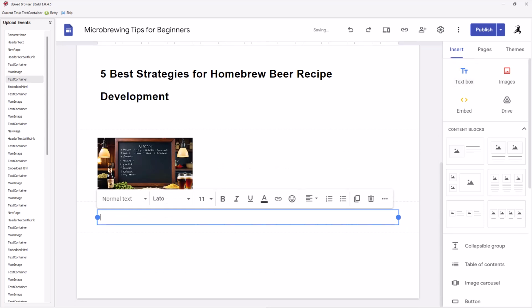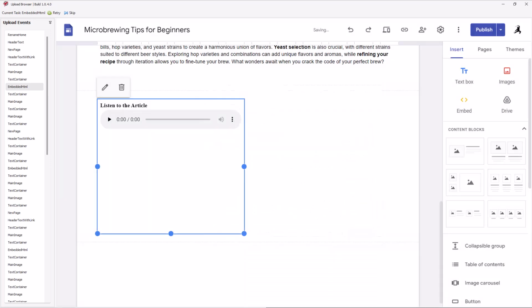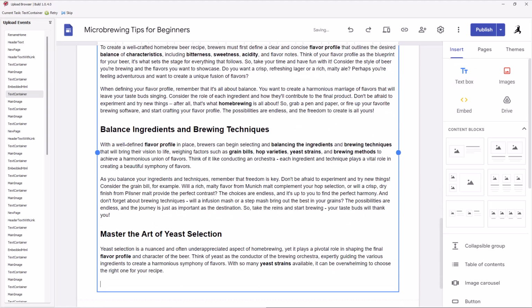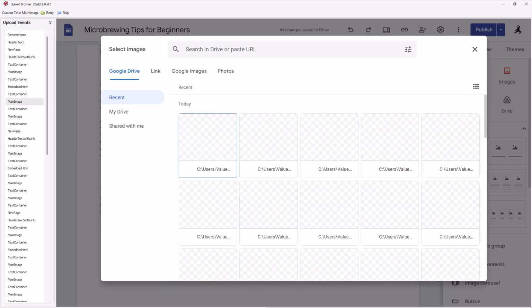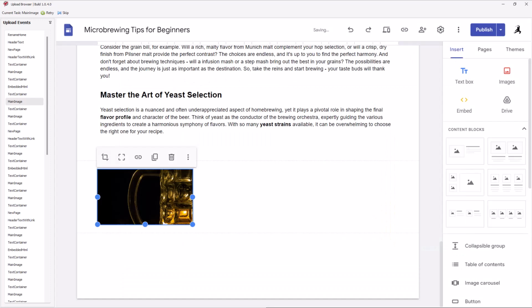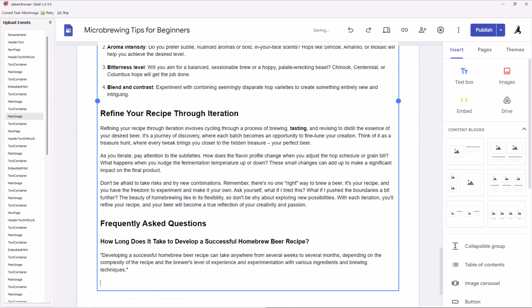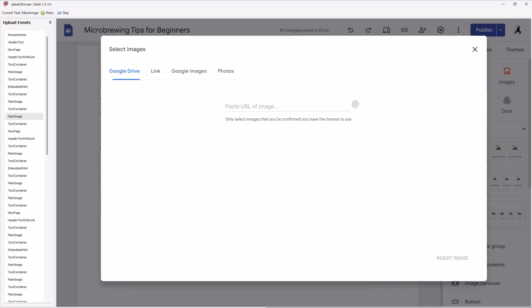Now, if you'll notice, it built the header, it's got the title block in there, it's putting images, it's got the first paragraph, and it's putting in the voiceover. It's putting in an article, and it's going to put some more images in that it's pulling off the Google Drive. And this is at the speed of what a human would do it. A very fast human, I would say.